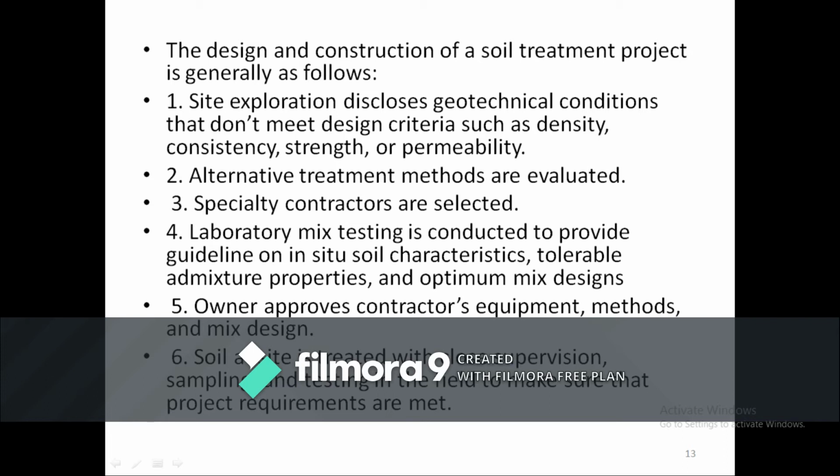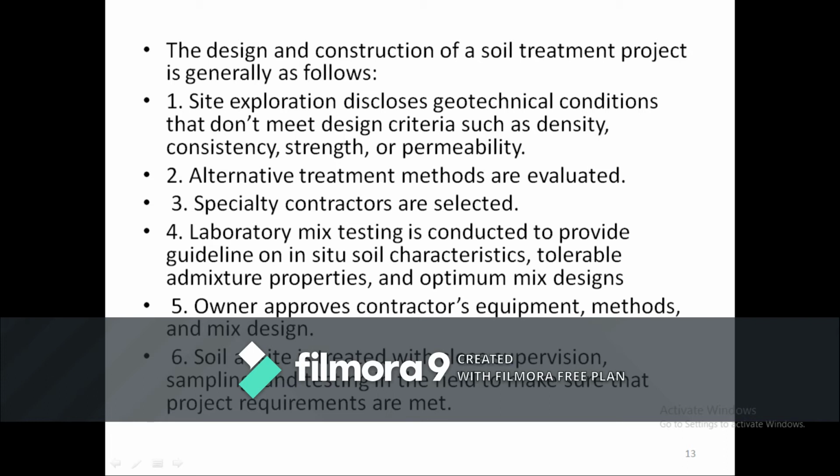The owner approves the contractor's equipment, methods and mix design. The owner has to approve whatever equipment the contractor is bringing, as well as the methods and the mix designs. Then soil at the site is treated with close supervision, sampling and testing in the field to make sure that the project requirements are met.